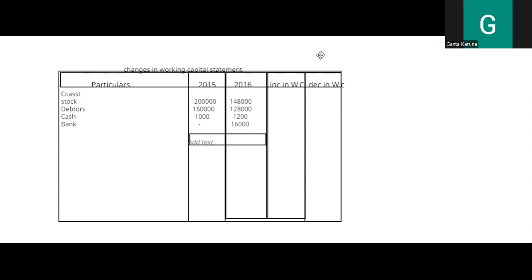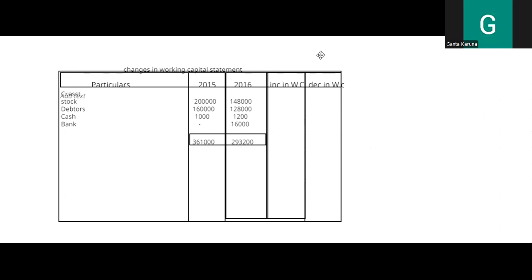3 lakh 61,000. Whereas for the other one, for the next year, it is 1 lakh 48,000 plus 1 lakh 28,000 plus 1,200 plus 16,000. Total is equal to 2 lakhs 93,200. So this is my total of assets value. I have done it. Now, once we have completed with this one, the next one I'm going to take is the